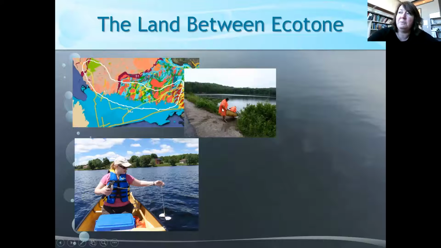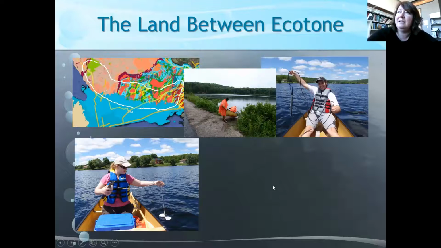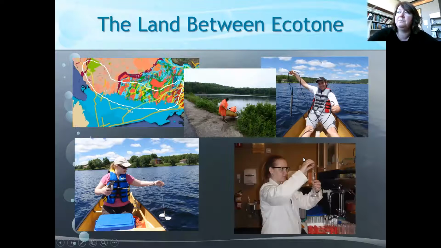Sometimes my students have to wear rain gear because they have to sample, and they have to collect water samples, whether it's rainy or sunny. And then we take measurements. So this is known as a probe, and it goes down into the lake at different depths, and it measures the amount of oxygen and the temperature, as well as pH that I just talked about.